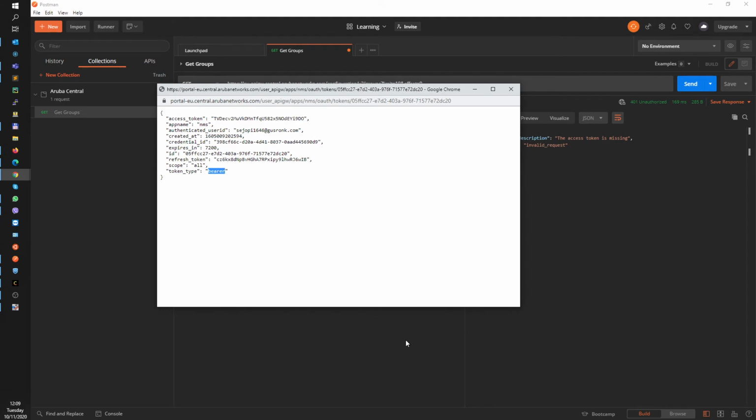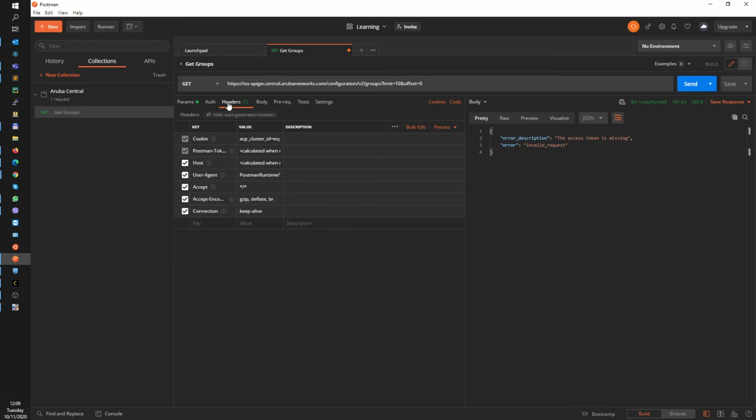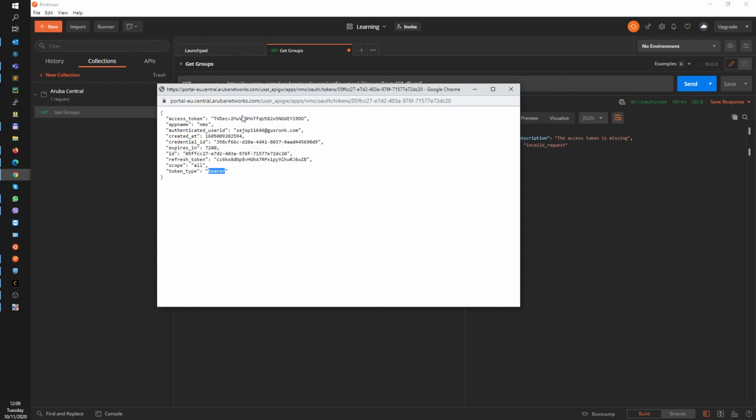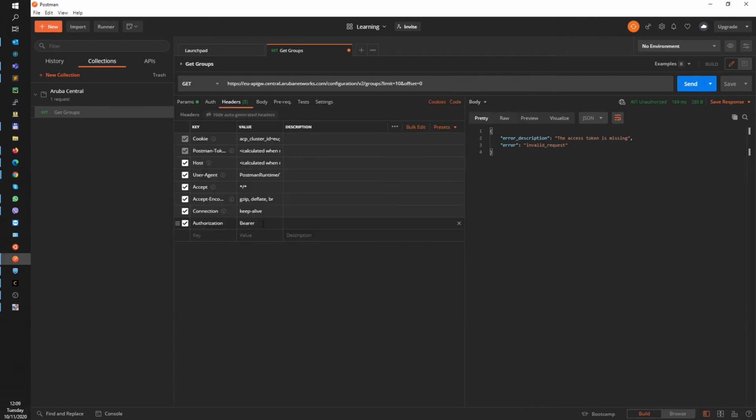So in order for this to work in Postman, we go to headers and we add a header of authorization, and we type in here bearer, and we copy in this token. And now we see our response.